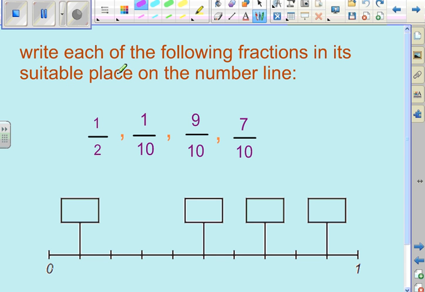Now, if I want to write each of the following fractions in their suitable places. Okay,